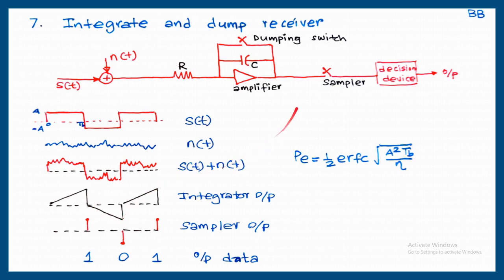At that time the sampler is going to be closed. We will get a peak voltage. So it's a negative voltage. Again the capacitor is discharging back to 0. Then charging. At the end of 3 TB seconds, the capacitor voltage will be maximum. The switch will provide that voltage at the output side. The decision device will make a decision. Then again discharging. This process will continue. This discharging is written here as dump, D-U-M-P, dumping.